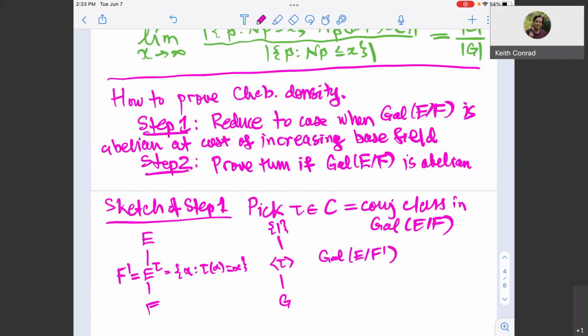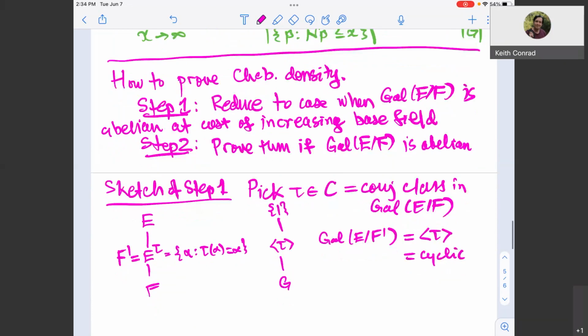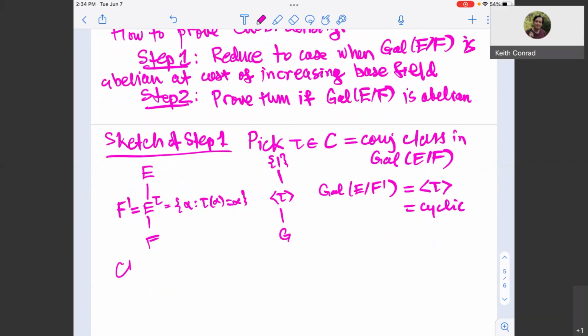And this Galois extension is cyclic. It's just the powers of tau. You take the fixed field of tau; its subgroup that fixes it is the powers of tau. E is Galois over that intermediate field, and the Galois group of E over that is exactly the powers of tau. And so what we're going to argue is that the Chebotarev density theorem, Chebotarev for the conjugacy class C